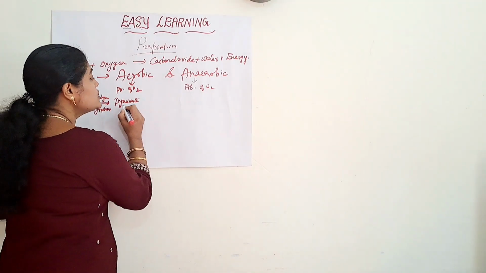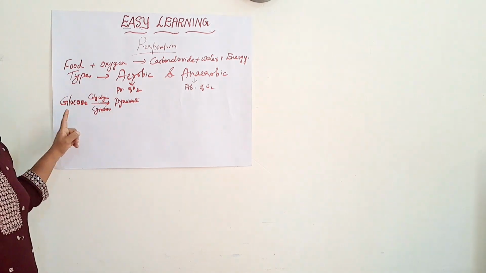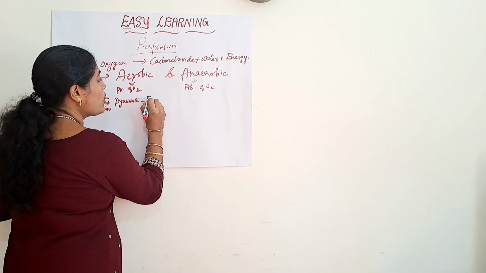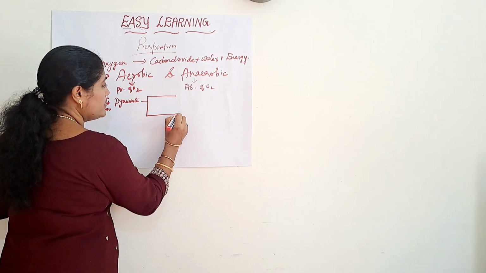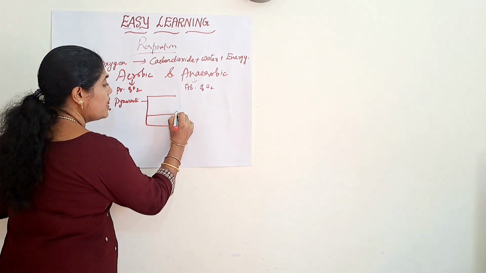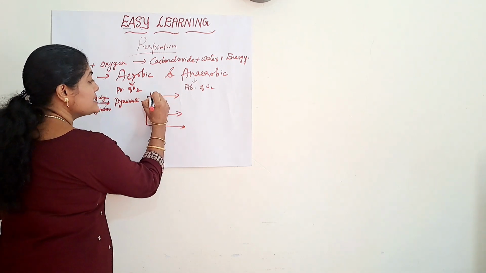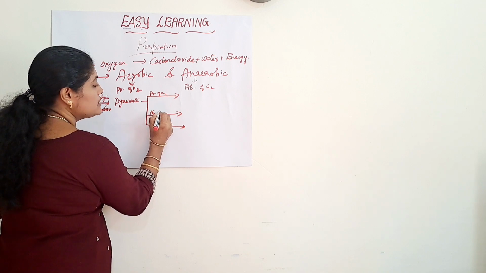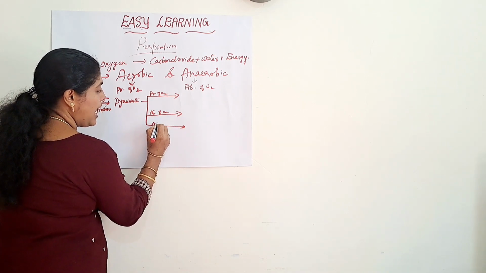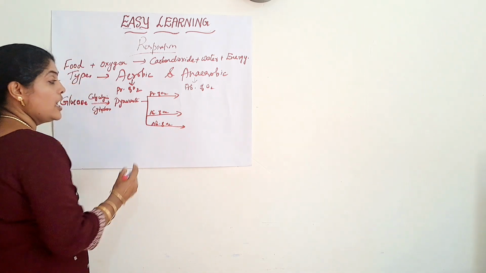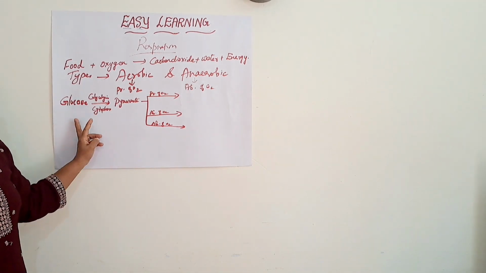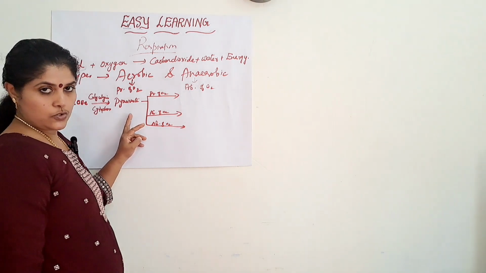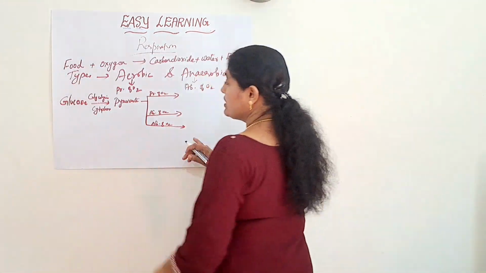So this pyruvate is common for all the 3. This pyruvate is again broken down. It takes place in the presence of oxygen, then in the absence of oxygen. These are the 3 equations. I am writing it in one single part. The same way it will come for the board exam also.